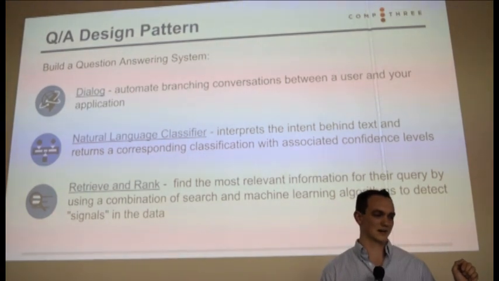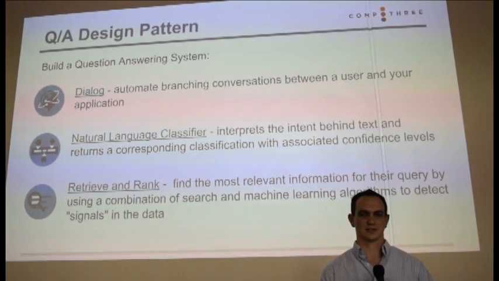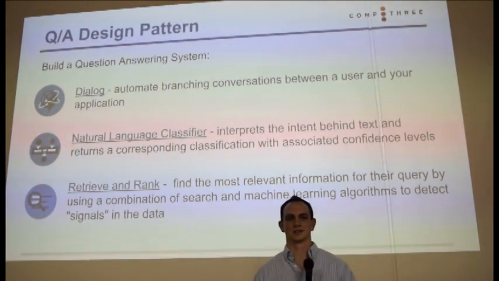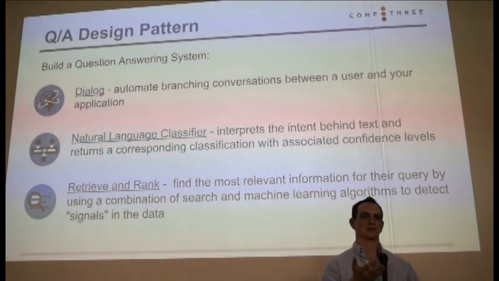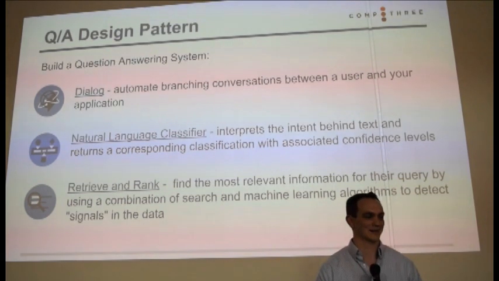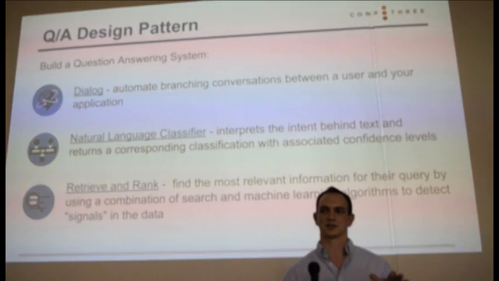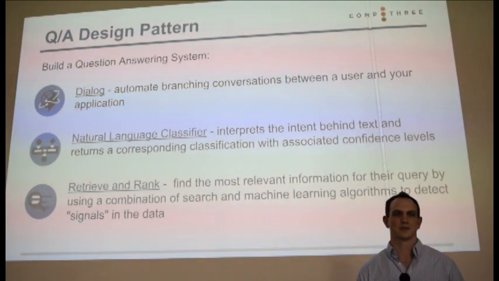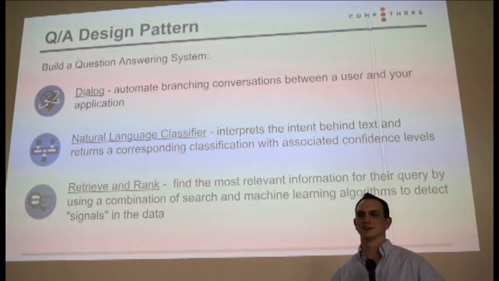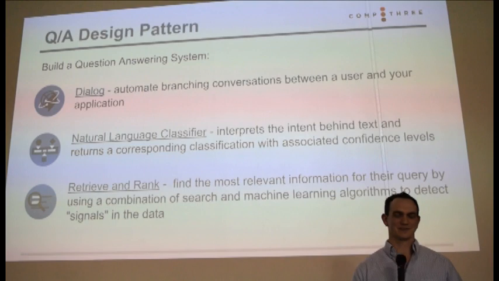So you have dialogue, and what dialogue does is it basically directs a conversation. So let's say I ask you how your day is. Is it good or bad? If it's bad, maybe I should follow up with what's bad about it. So this kind of branching tree structure is what dialogue provides. I think the sample application they have up there is ordering a pizza. So it basically asks, how big of a pizza do you want?